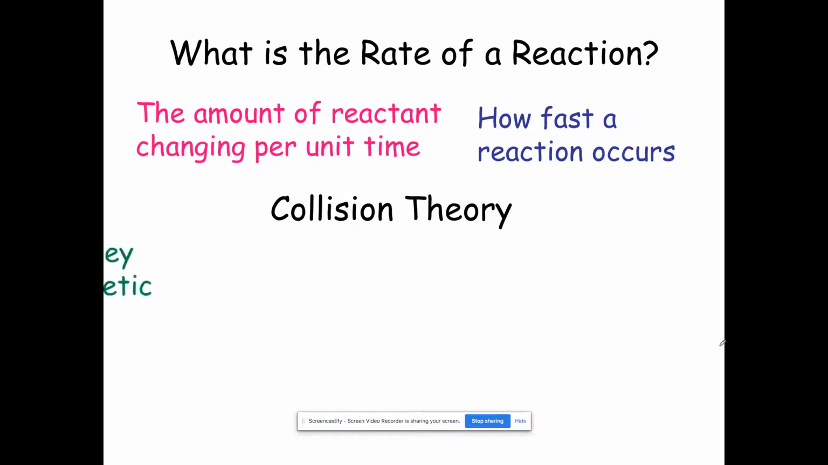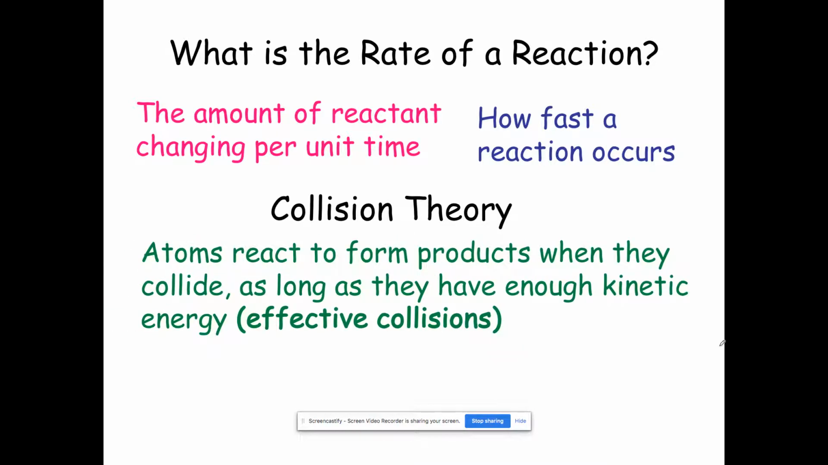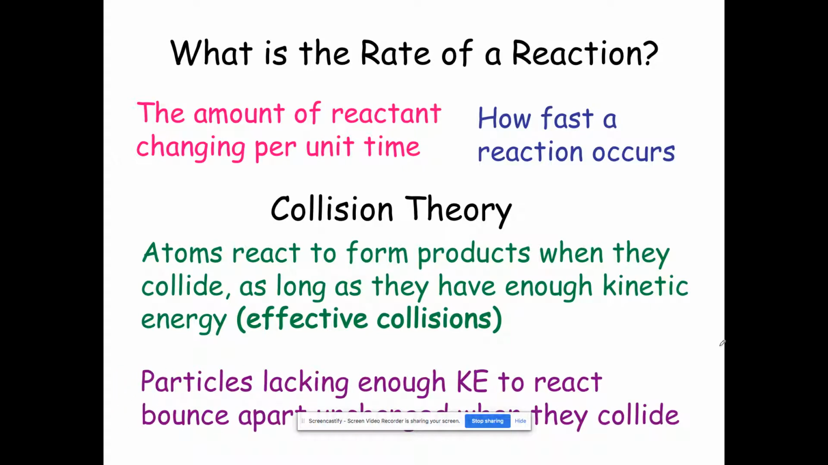Collision theory. Atoms react to form products when they collide as long as they have enough kinetic energy. If you have effective collisions, particles lacking enough kinetic energy to react will bounce apart unchanged when they collide. Something else I wanted to mention is you need to have enough